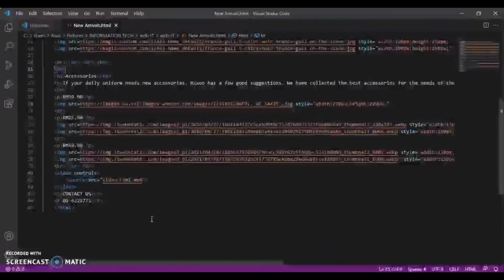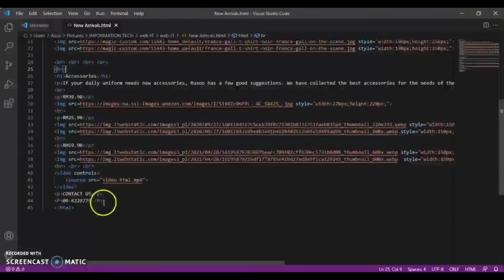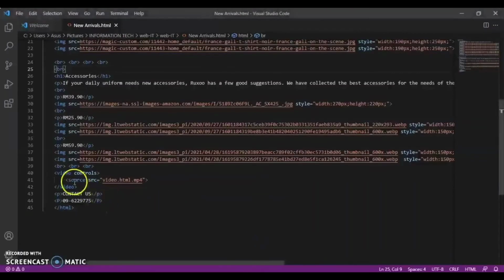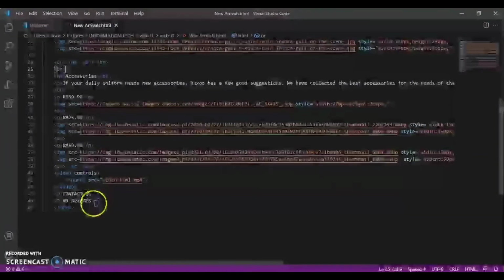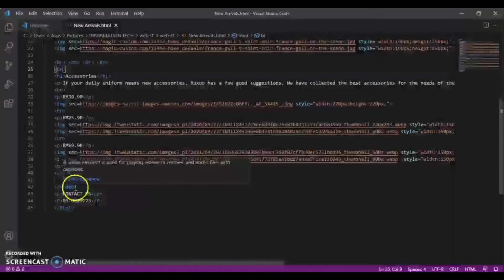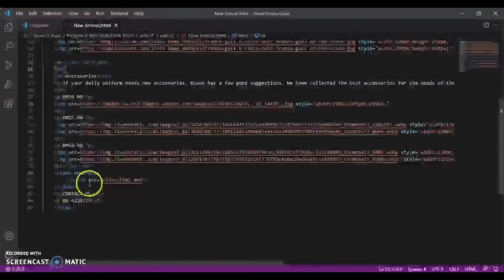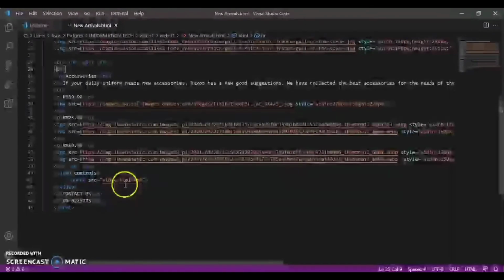Okay, next we go to the video. How to insert the video. I give an example here. It's the video here. Firstly, you open the bracket and type video controls, and then you close the bracket. At the bottom, you open the bracket again. You type the source src equal, and then you insert the video